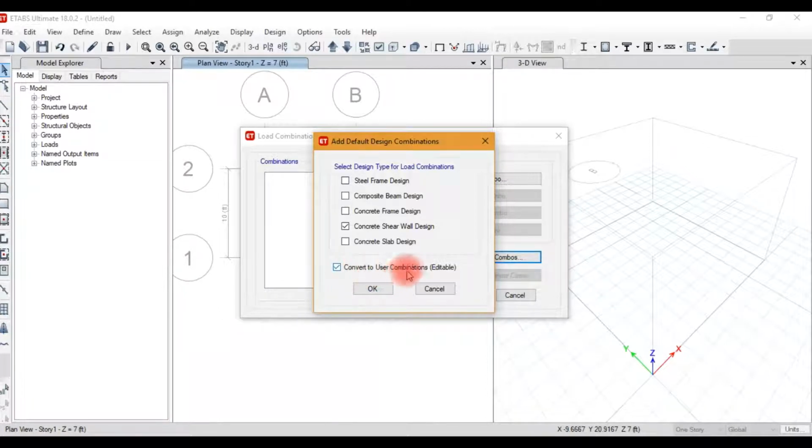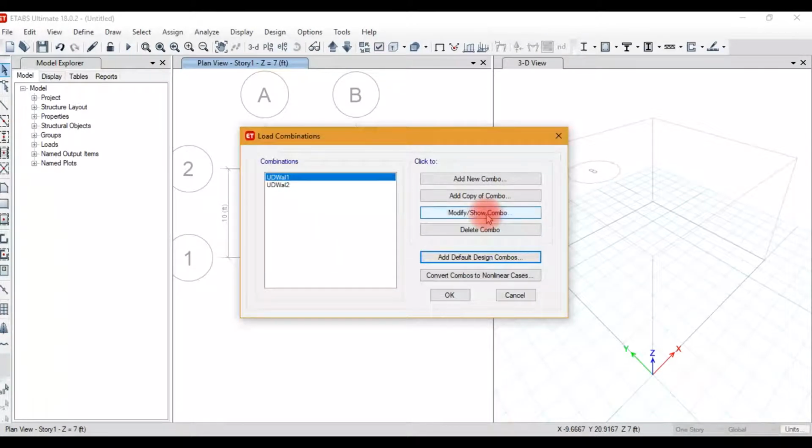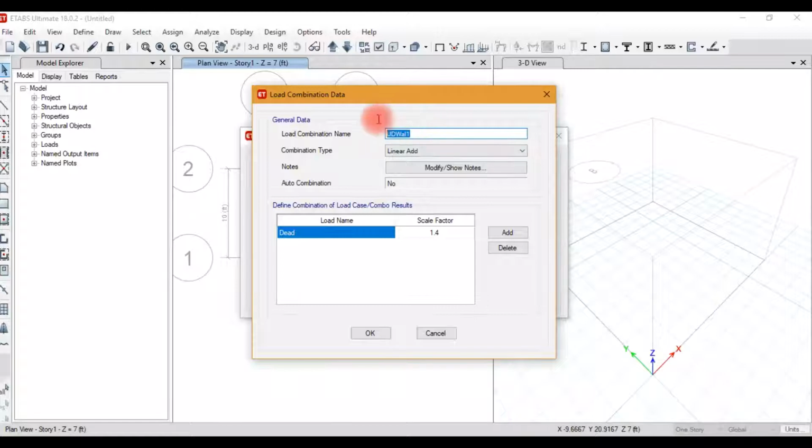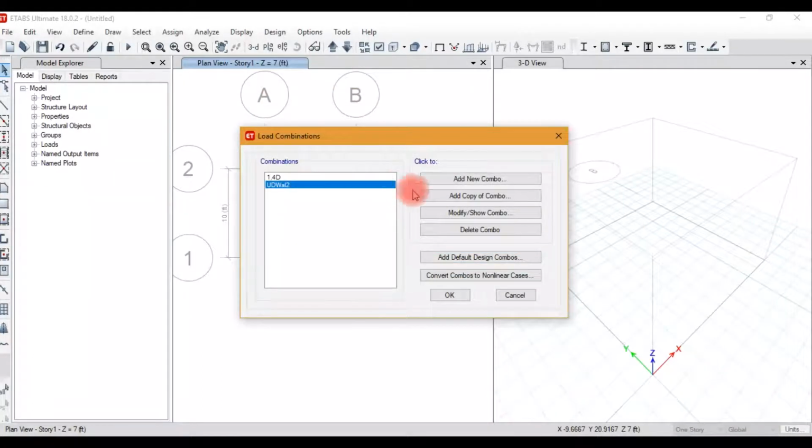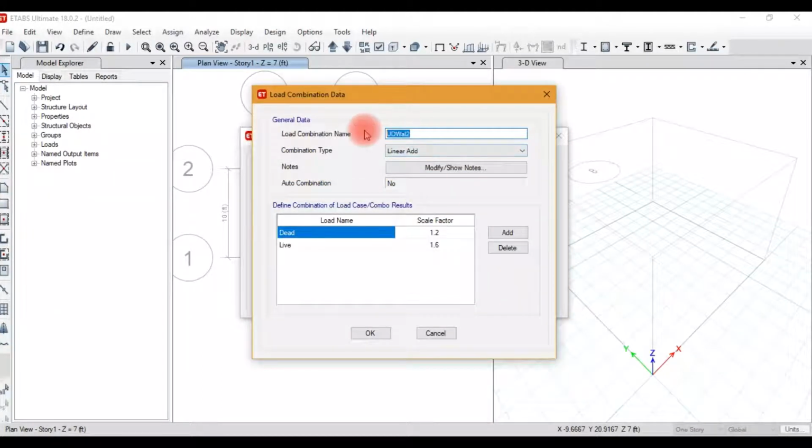Convert to user combination: if you select this you can edit the auto generated combinations. If unselected you cannot change the auto generated load combinations. Modify show combinations, we change the name here, 1.4 D. This is the first combination, then the second combination is 1.2 dead plus 1.6 live.